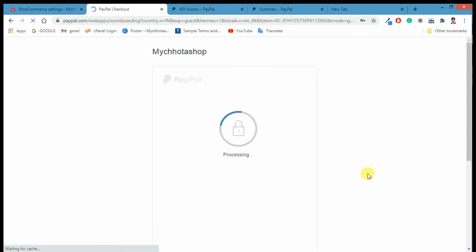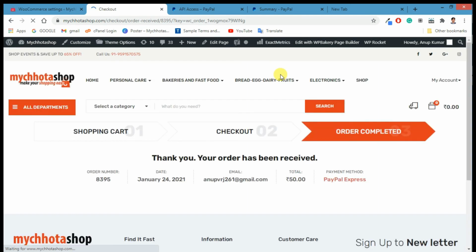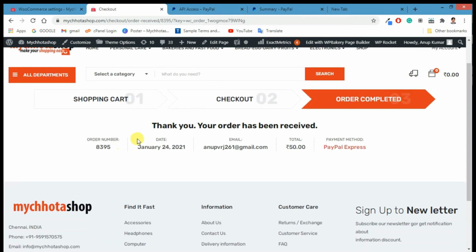It is processing. Again it will redirect to the checkout page, and there I have to click on complete order. Okay, so order received. You can see the top URL is showing order received. I got a message of deduction. So see, everything is working fine. There's no issue. We entered our details, and you can see the order is processed and it's showing your order has been received. Thank you. So this is what we have done.